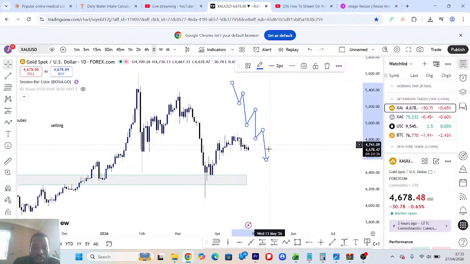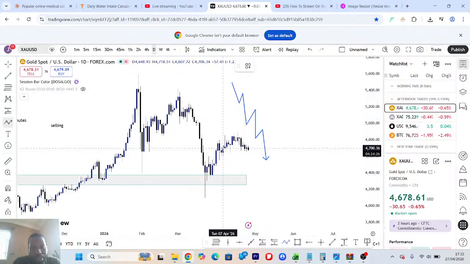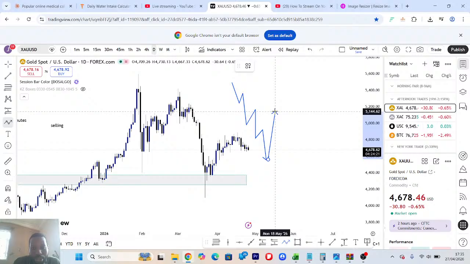So let's imagine this is a downtrend. For a change of character to occur, you need to stop creating lower lows and start creating higher highs. Price will move from here and come in. When you see this happen, you know that a change of character has occurred. But before you enter a trade, you don't enter from here. You need to wait for the market to come down to this level, or in most cases price may come down to this level. You must wait for the price. When you see price finally moving up again, then you can start buying.